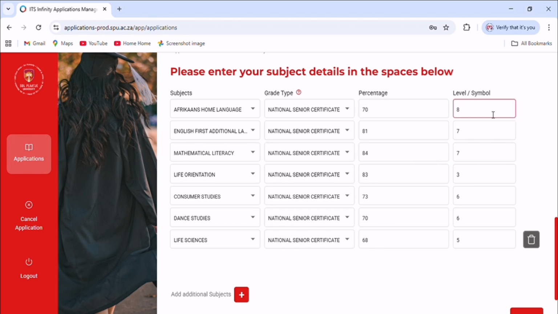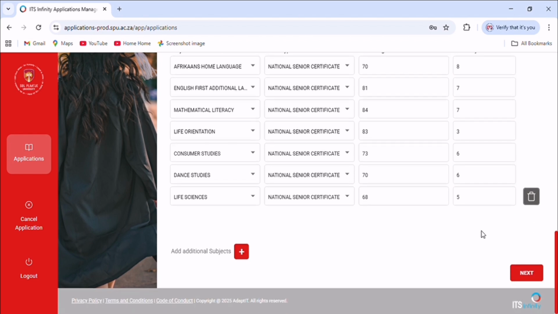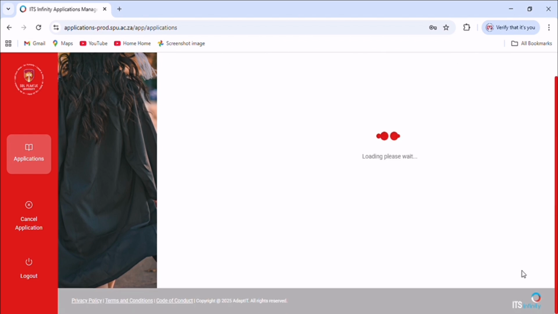Then after that, guys, when you are done filling everything, that's when you're gonna go down and click next. And mind you, guys, when you are putting your percentage, the levels are gonna be there for you automatically. You don't have to do anything. And then now you click next,